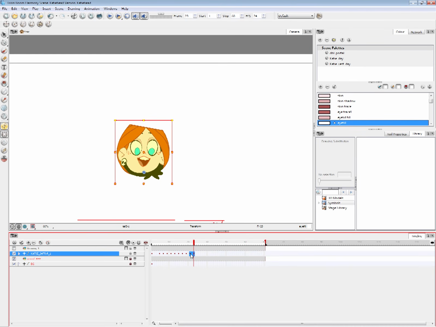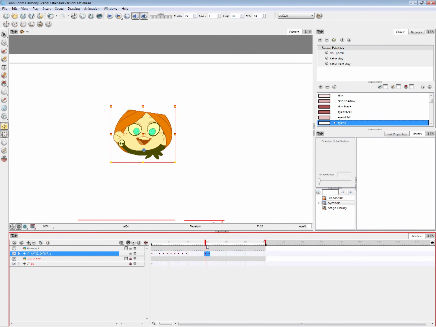Okay, let's do the same for in between this and this. When you're setting keys on the auto in between, always go from right to left, because you can't go from left to right, because what it will do is it just clears everything on the right side of the keyframe.